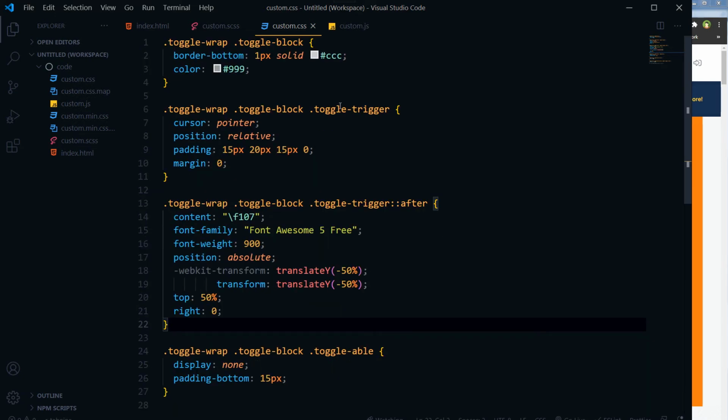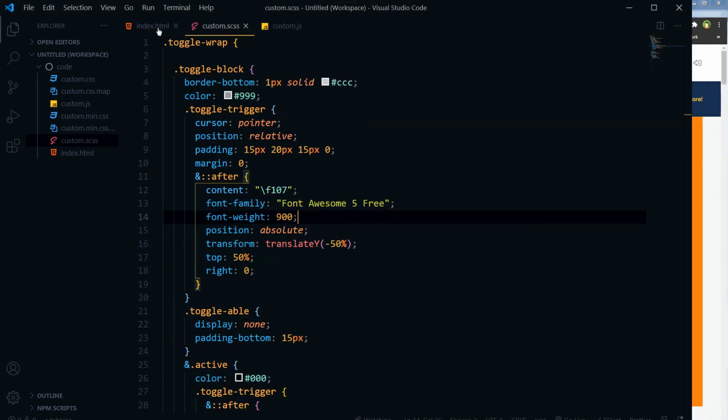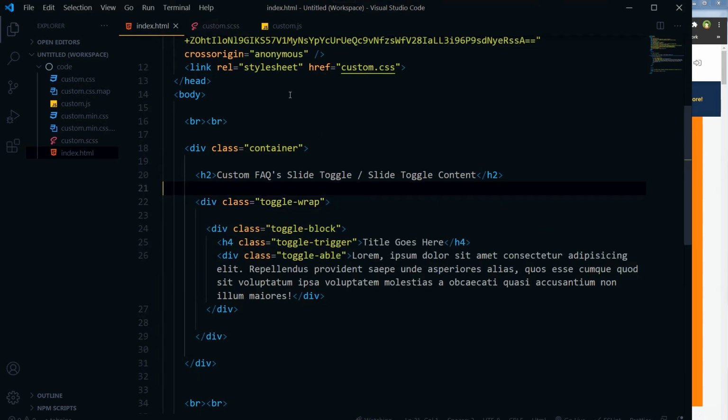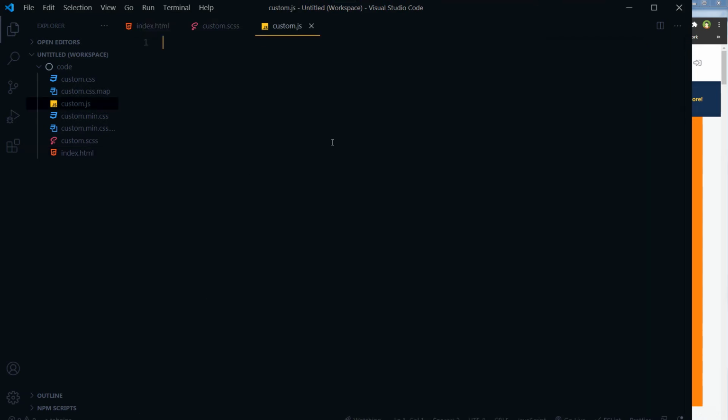So this was the CSS, and we have got our HTML content, and this is the JS now. Let's apply some script. So first of all, here will be the document dot ready. When DOM will be ready, when document object model will be ready,